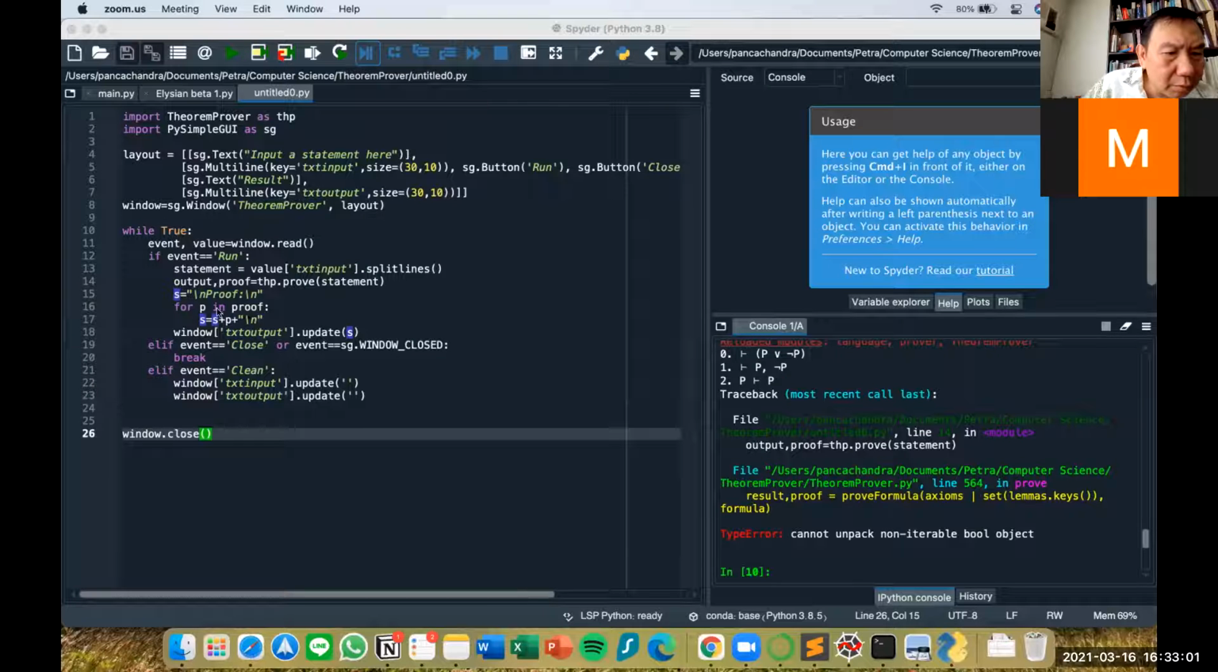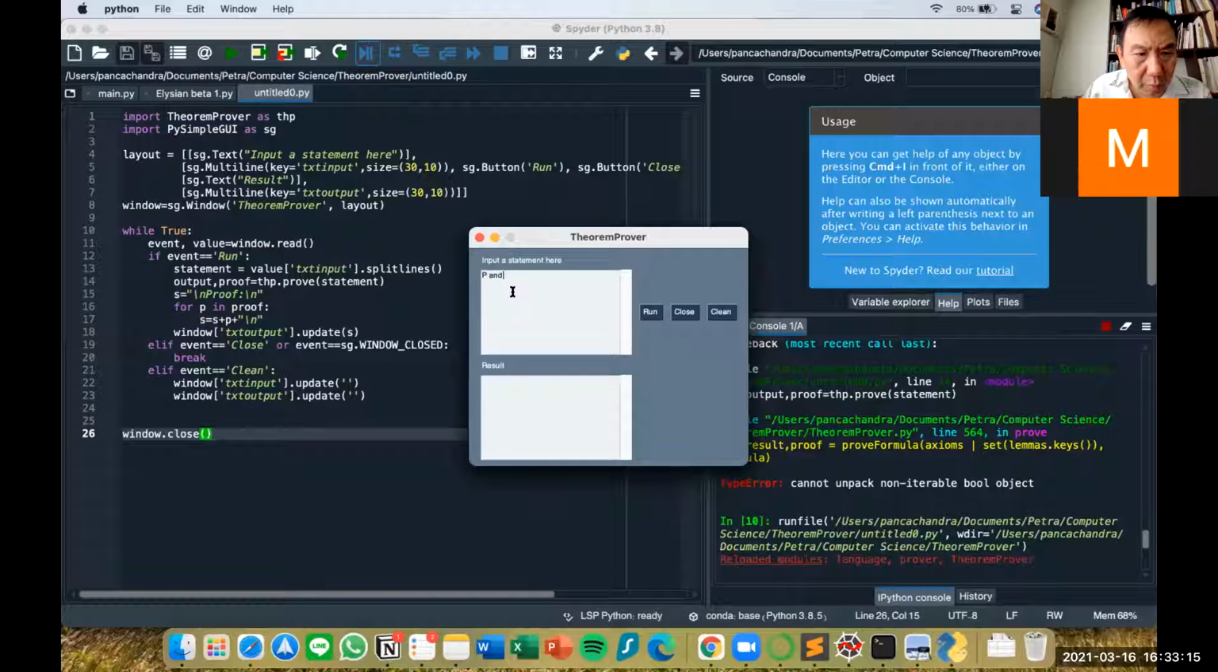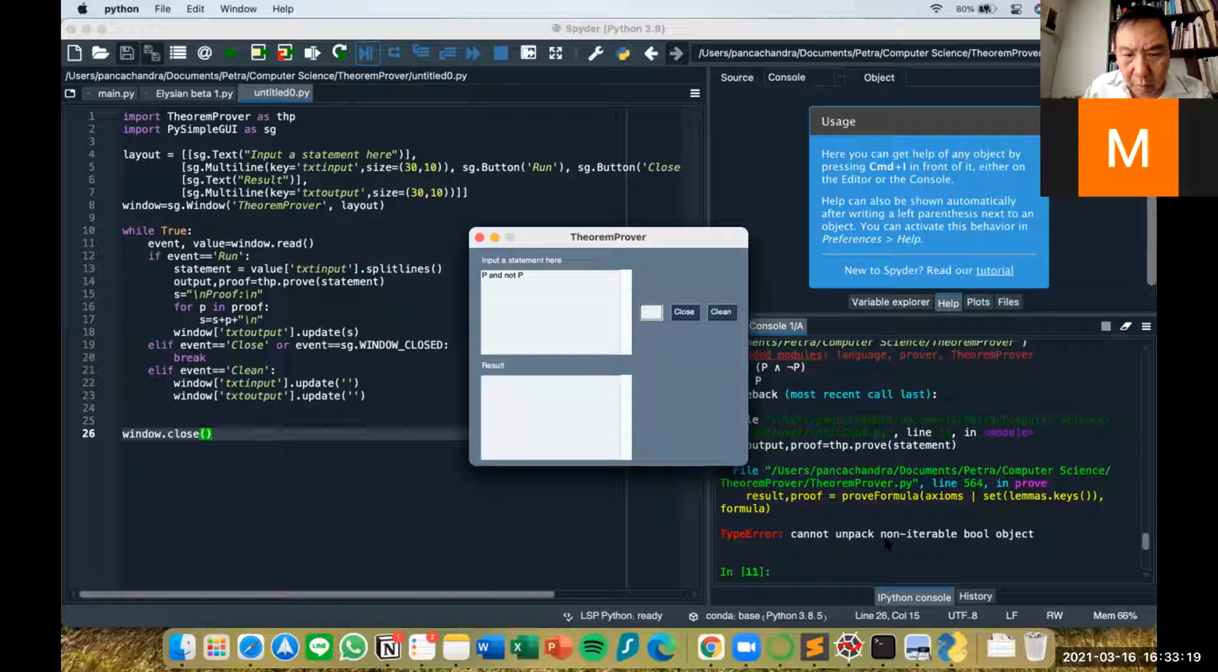I've tried some other ways, but at the end I've copied from yours, and changed the equal to proof, but then it still doesn't work. If I just run it, it still says cannot unpack. Okay, in that case, you print